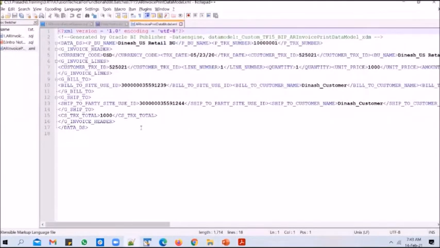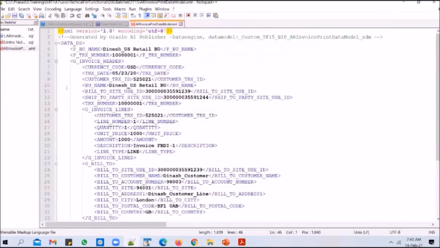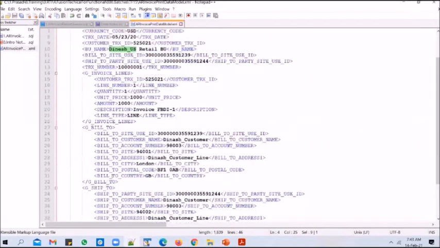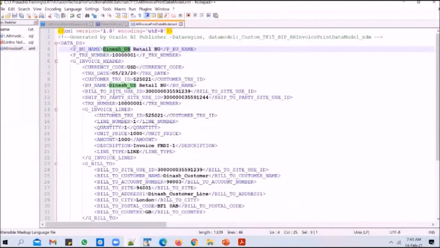And if I open it up, and if I format the XML tags a little bit, so what do you see? The output is generated. Yes, it is printing the right transaction number from our right view, and I have invoice header, and within the invoice header there is a line section, there is a bill to section, and ship to details are also printed. But the output is printed in XML format. So whatever you're seeing on screen, this is called as XML format.